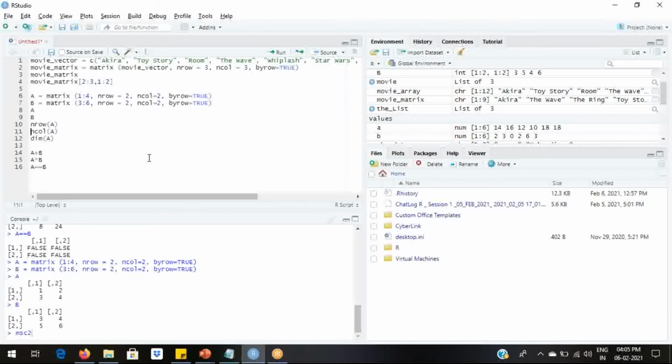Now I have made RStudio to populate or arrange the values row wise rather than column wise.